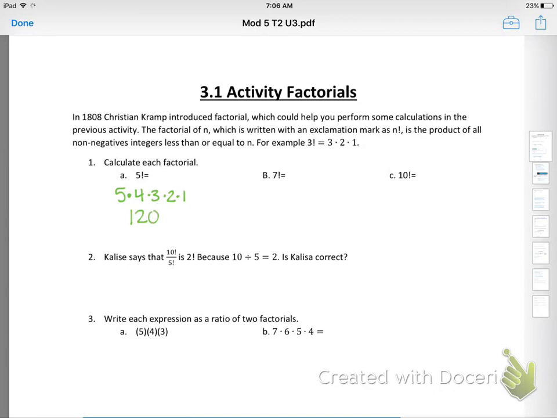Next one, I'm going to descend off 7. So 7 times 6 times 5 times 4 times 3 times 2 times 1. Which is 5,040. Okay, if you didn't want to descend all the way down and do 10 times 9 times 8 times 7 times 6, or write it all out,